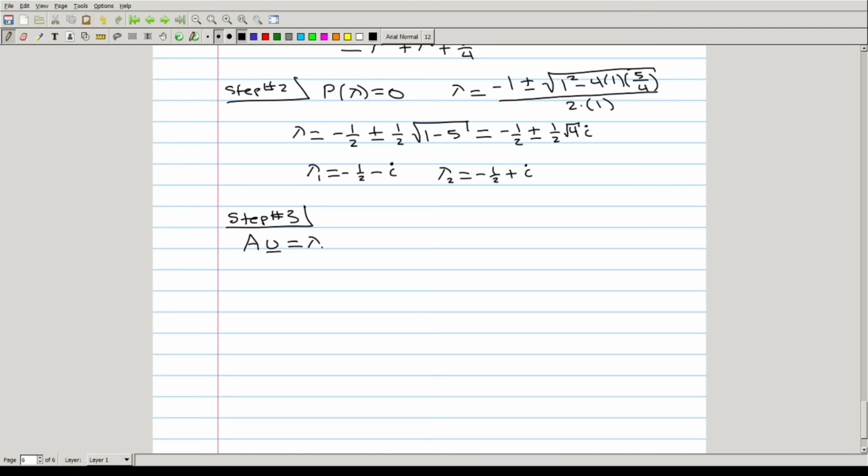A times u is lambda 1 times u, and A times v is lambda 2 times v,